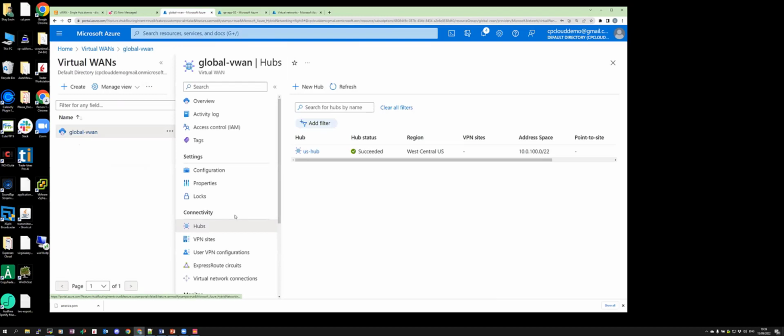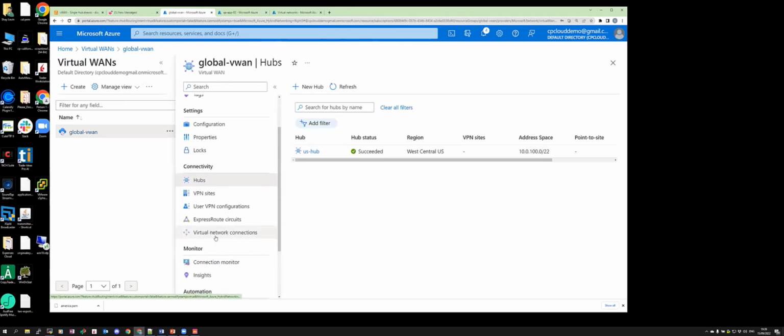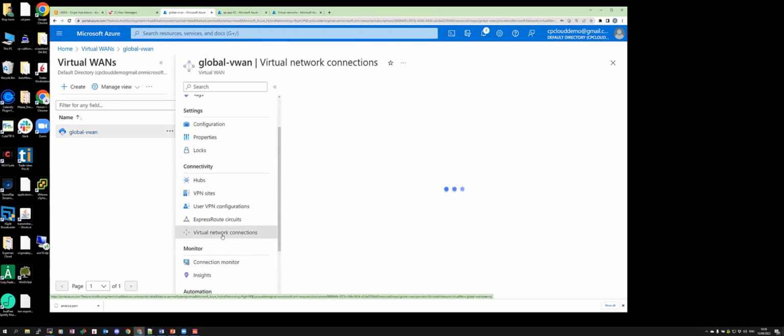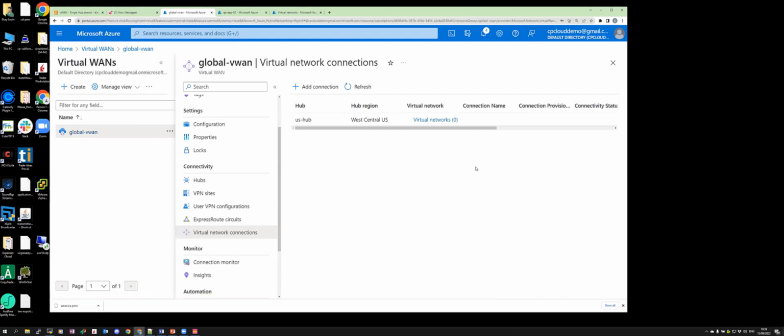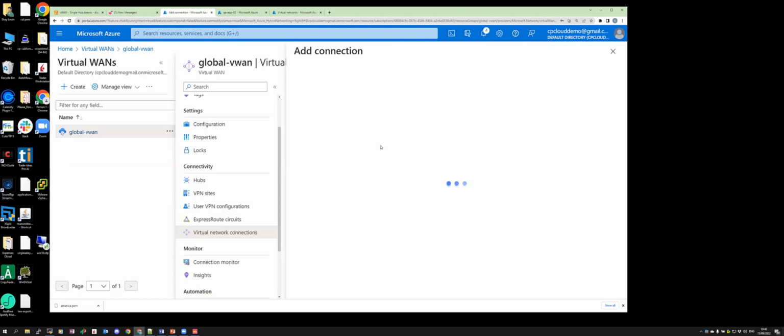So from the global vWAN, you have here on the menu virtual network connection. So right now I don't have any connection. I will click here, add connection,